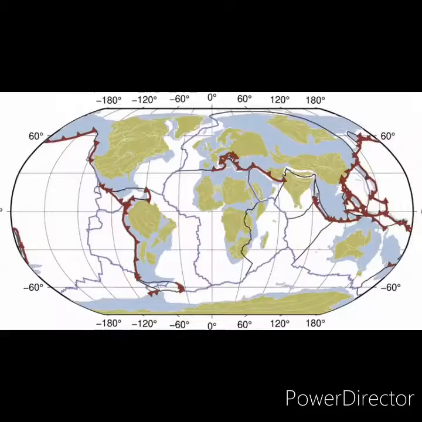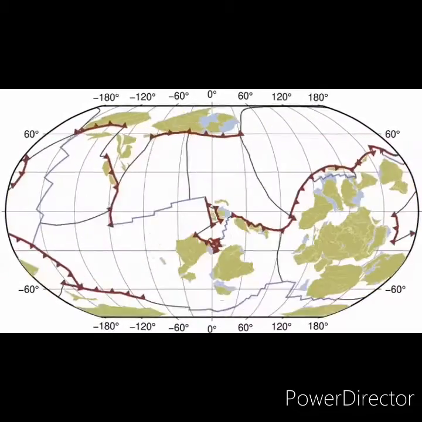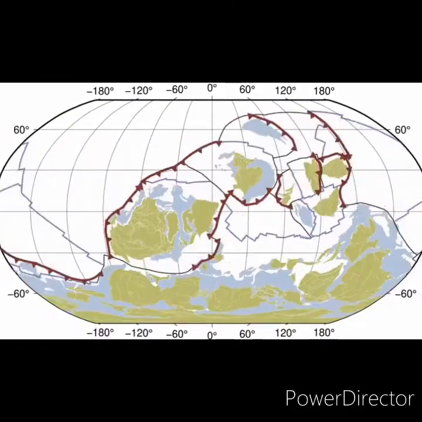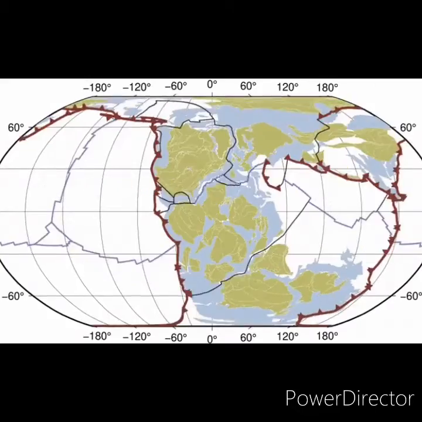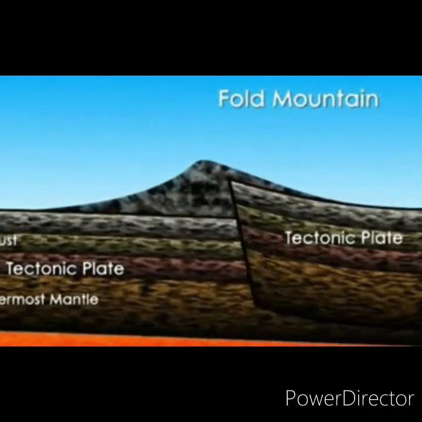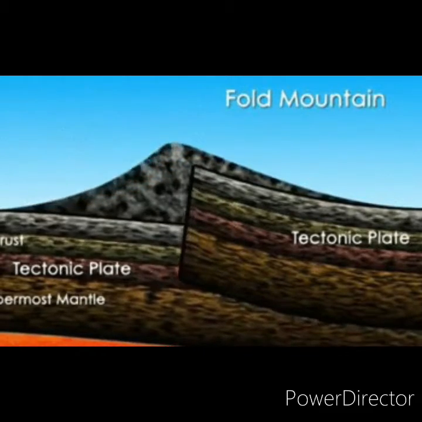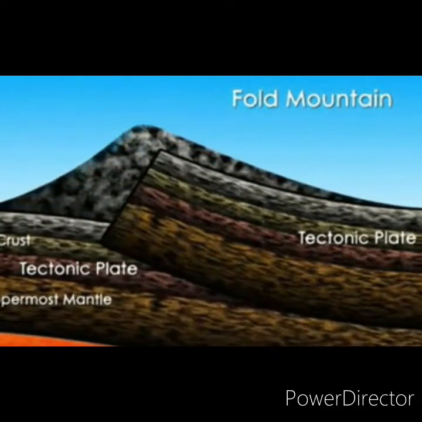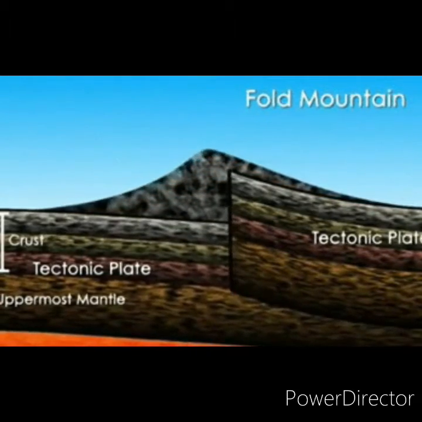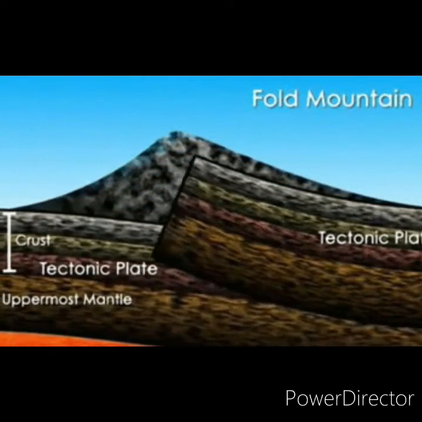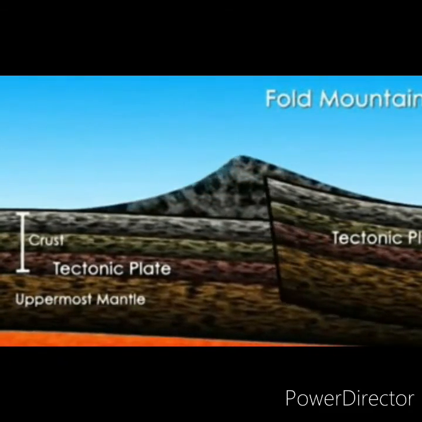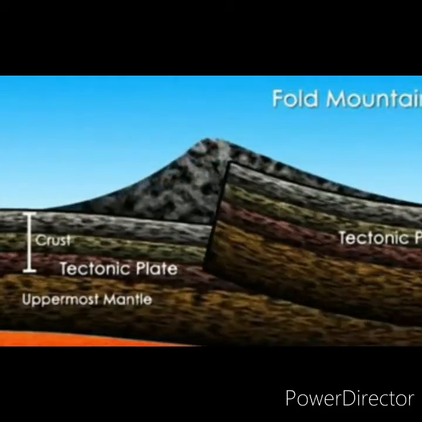Now you are going to learn about the movements of continental plates. Due to the lateral compressional forces, the plates are forced to move upwards and downwards. This is called folding. Mountains formed by folding are called fold mountains. According to plate tectonics, the plates are in constant motion with an average rate of a few centimeters per year.